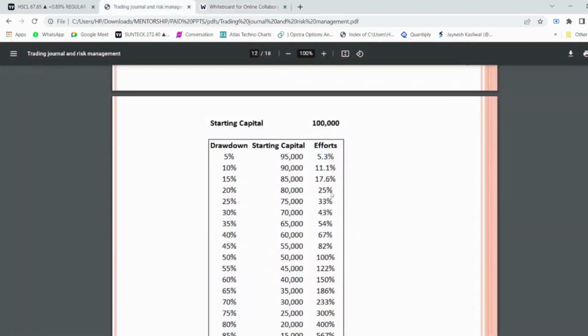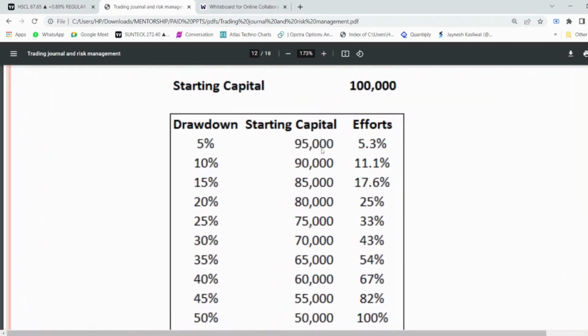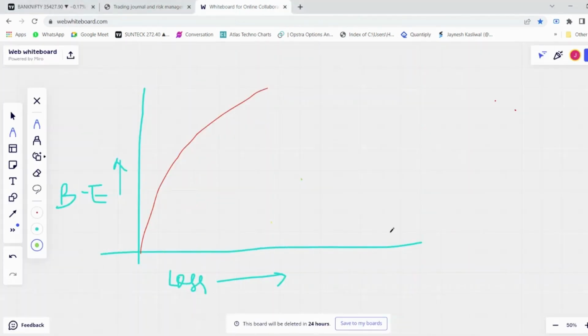to reward ratio. Now we need to understand what drawdown is, and how we should be protecting our losses. Now if we have a drawdown of, let's say, 5%, to overcome that drawdown we require around 5.3% return to come back to break even. So for example, if we have a 10% drawdown, we require 11.1% just to get back to break even. This is a figure to understand how losses play exponentially against you.